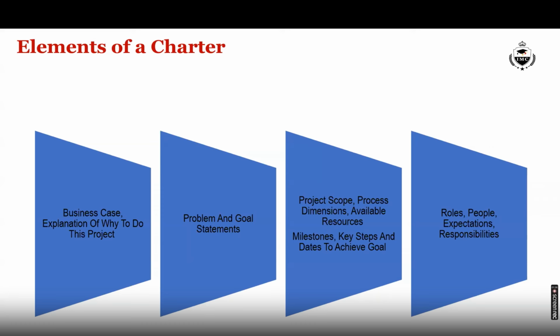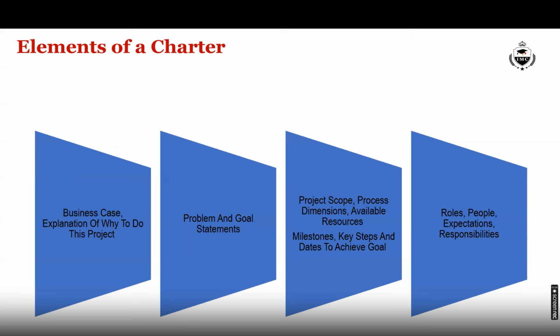Business case. Business case basically talks, in two or three small paragraphs, about the details of the Six Sigma project. What is the customer? What is my organization? What is the problem actually, because of which we are doing this Six Sigma project? What is it that we want to attain by doing this Six Sigma project? That will come in the business case, ideally in two to three small paragraphs.